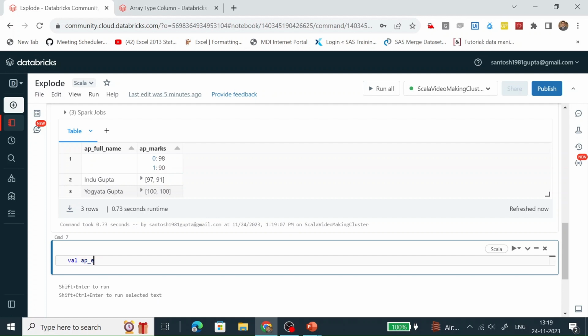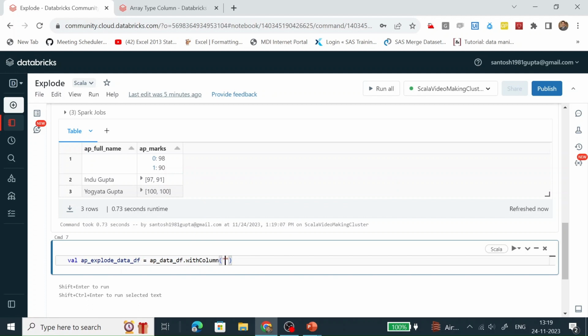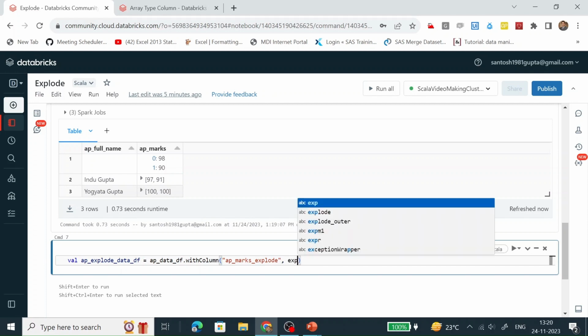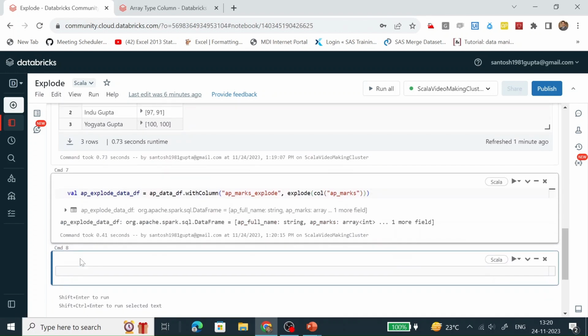We create a column on the AP variable with the help of withColumn, and the name of the column is AP marks explode. This column will be populated with the explode function, and we are exploding AP marks. Let's run it.